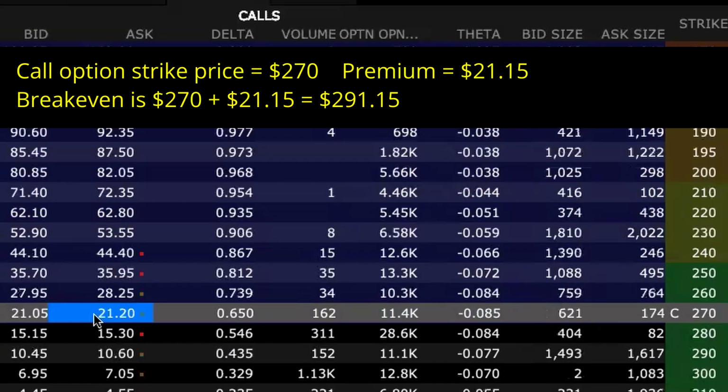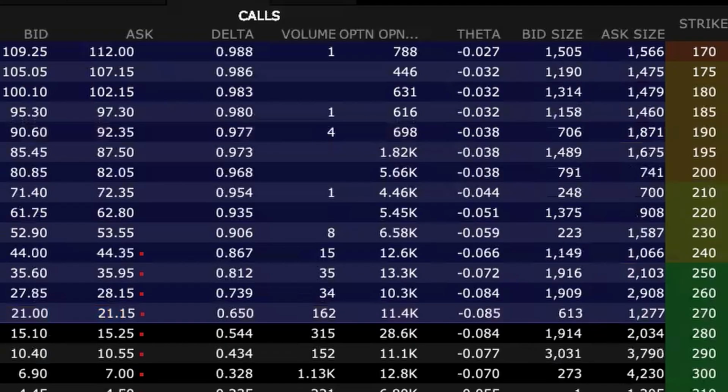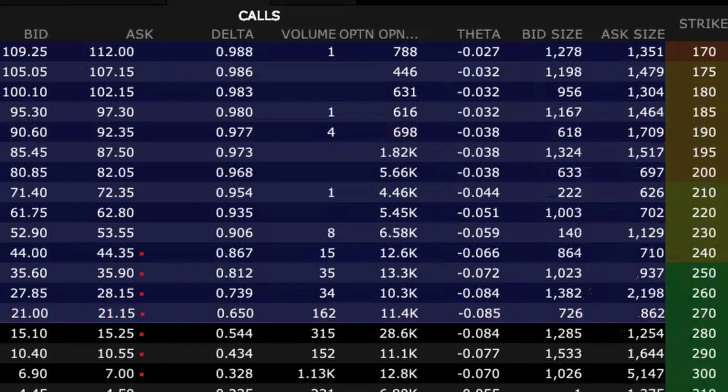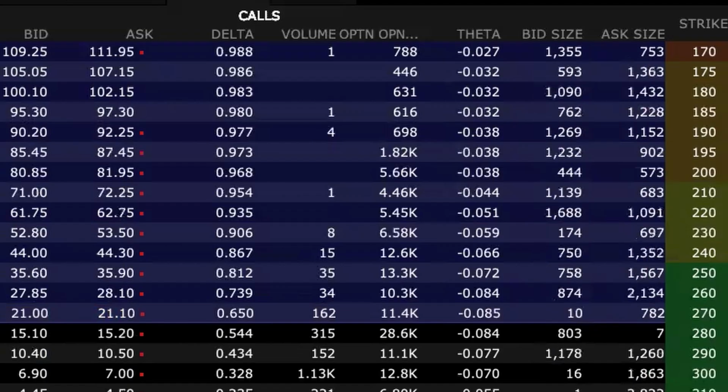If Apple's price is above 291.20 when the contract expires, you'd make money. And if it's lower than that at expiration, you're going to lose money. But the profit is technically unlimited when buying a call since a stock can go up in price forever. And if the stock starts going up the second after you buy a call option, your trade will show a